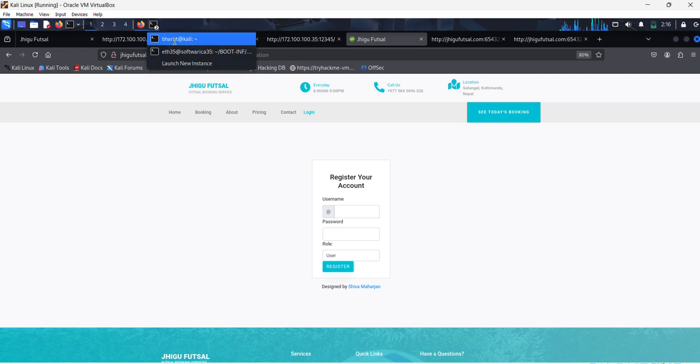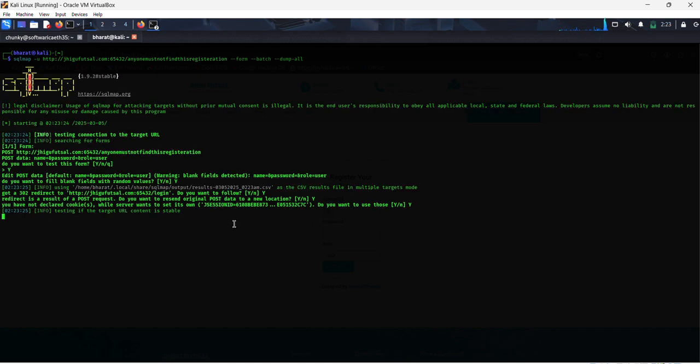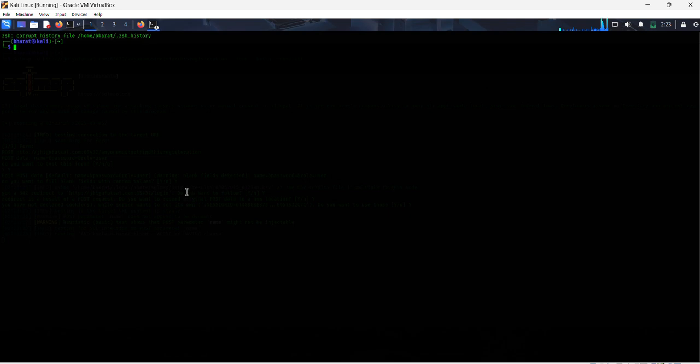Let's clear this terminal first. This is the command to do the SQL injection using sqldump. Now let's do it. It will take lots of time,